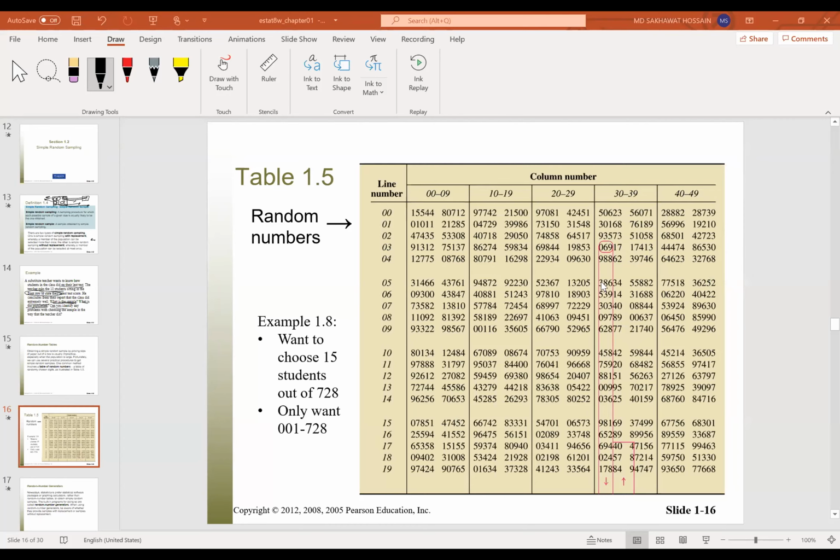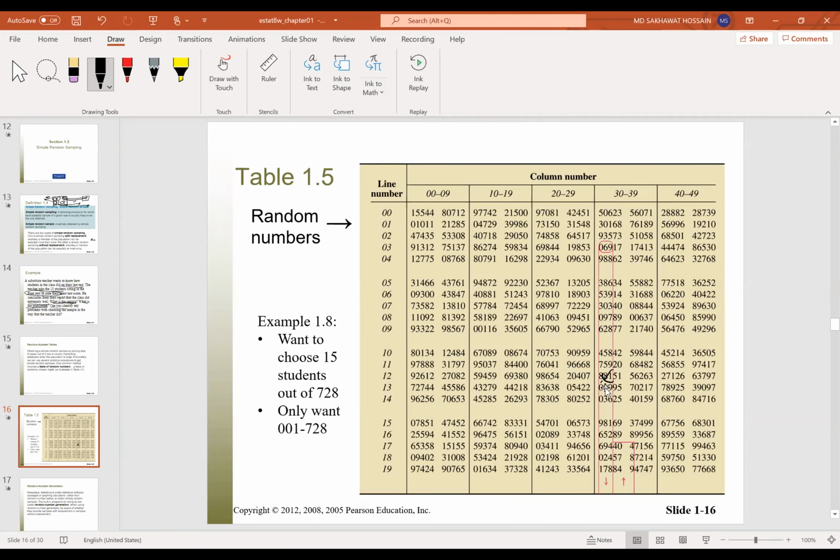So go to the next number, 386. That means 386 is selected. The student who has this number is selected. Then 539 is also between 001 and 728, so we also select this student. Then 303, then 097, then 628, then 458, 759. But 881, we do not have 881. So this is crossed. So we are not